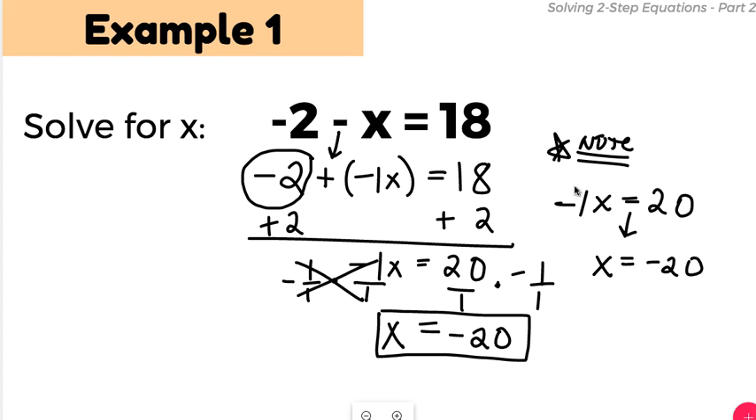Let's look at our last example really quick. What's the opposite of negative 1x? x. What's the opposite of 20? Negative 20. You could actually avoid this step if you would like,